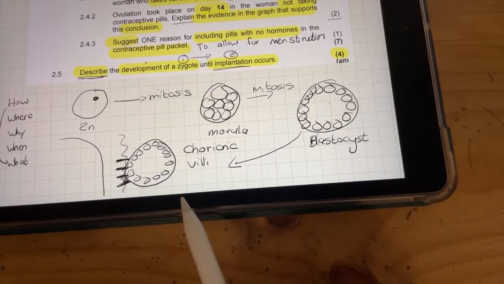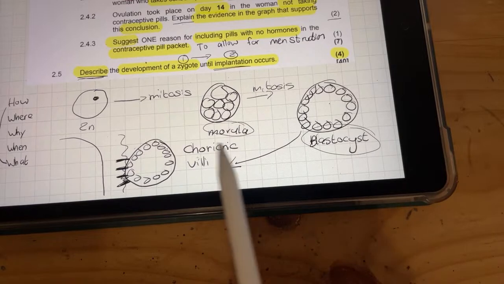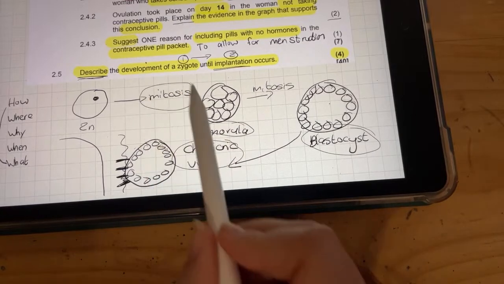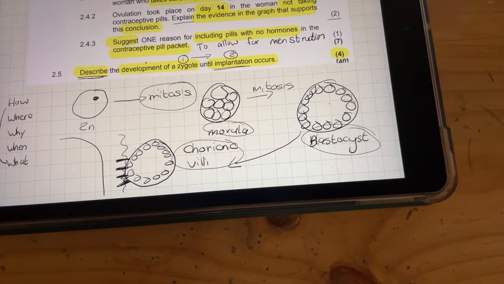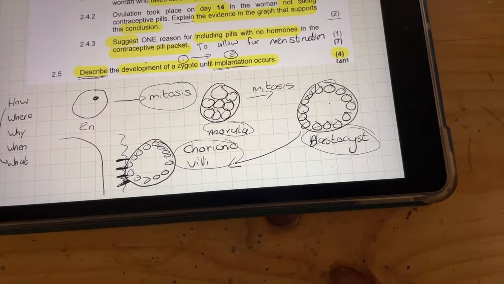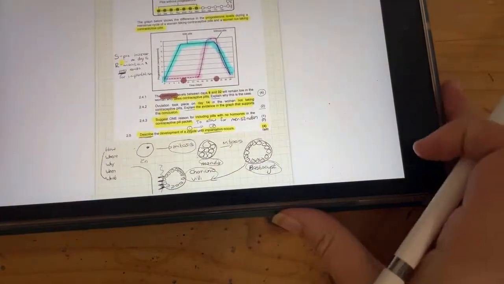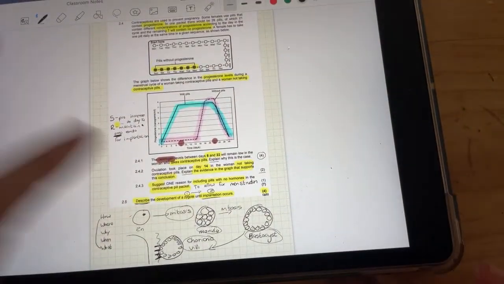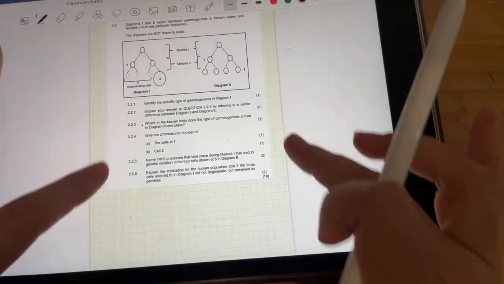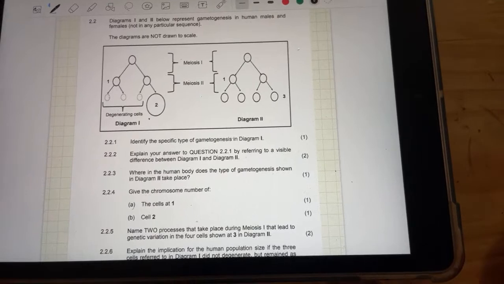So you're going to get marks for mentioning the structures and the process, mitosis. And that's going to get you 4 out of 4. And that's why we need to know this process very well. I have included this in the cheat sheet as well for everybody to use. Now I'm going to take a quick pause. I'm going to show you the next question we're going to do, which is a meiosis question. So you can just have a look at it while we wait.